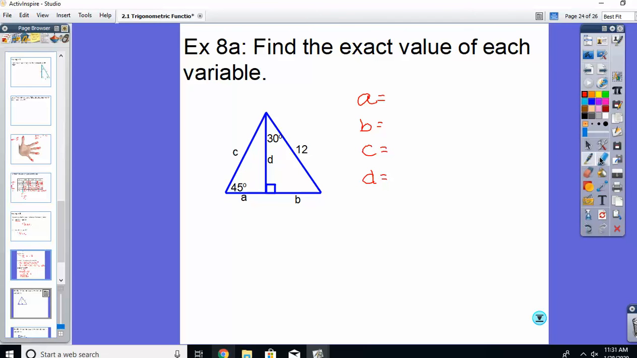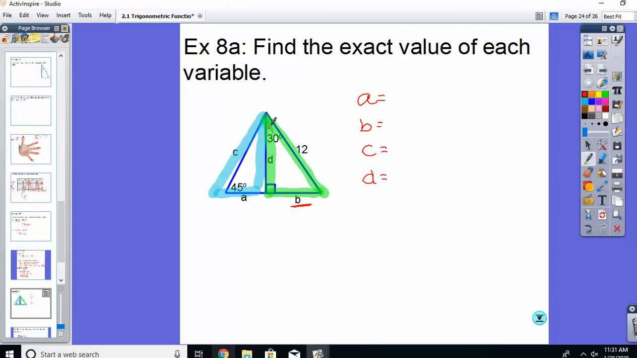Okay. If I look at this triangle on the left, I don't really have much information. I know I have a 45-degree angle, but I don't know any of the side lengths. So I'm probably not going to start with that one. If I look at the one on the right, I at least know that the hypotenuse is 12. So I'm going to start there. We either have to solve for B or D first. If I wanted to solve for B,